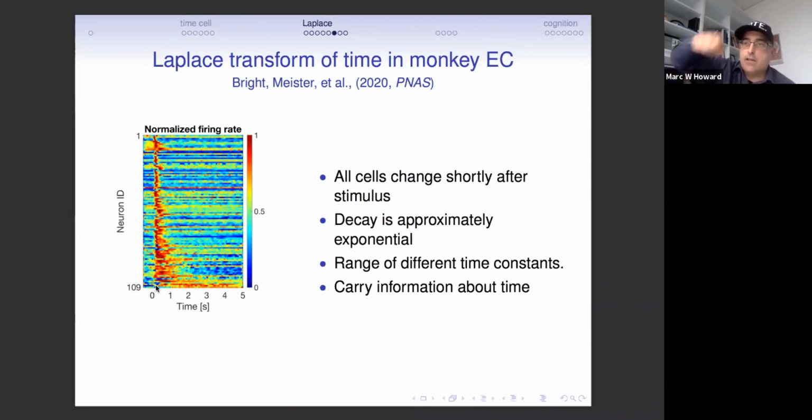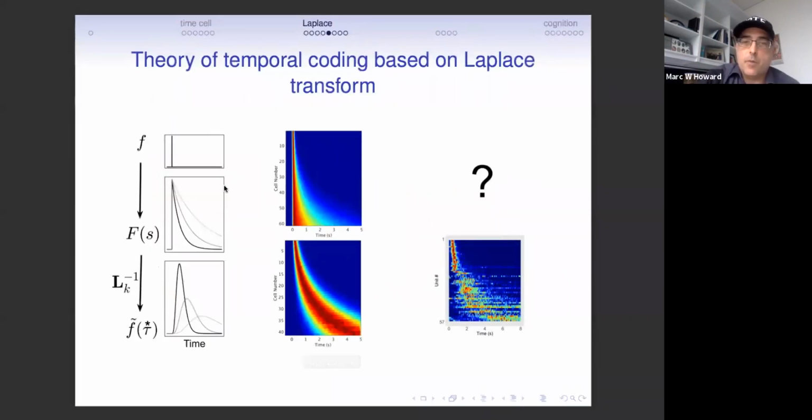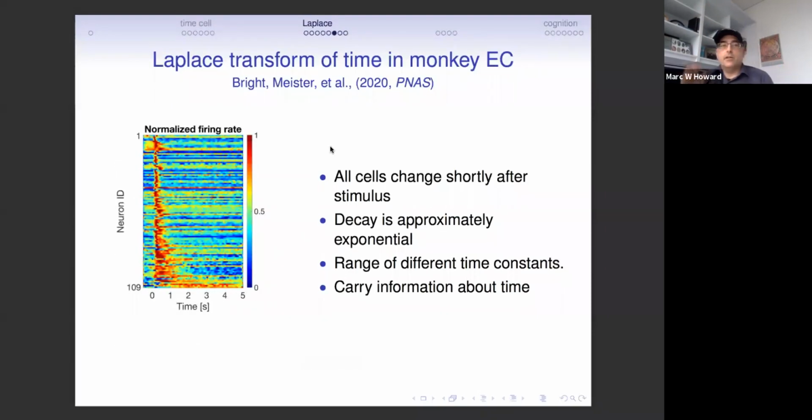And rather than seeing this J that tiles the interval, we see essentially a vertical strip, because all of the cells across the population activated about the same time, and then they deactivate at different rates. And for funsies, I'll just remind us what the model picture would look like, and then quickly go ahead and you can convince yourself that it does or doesn't look the same.